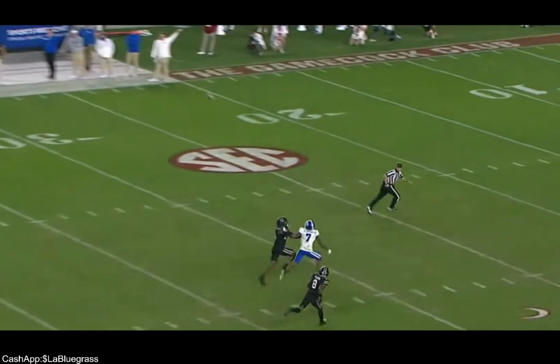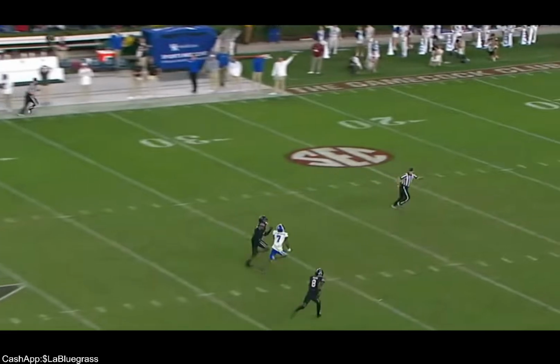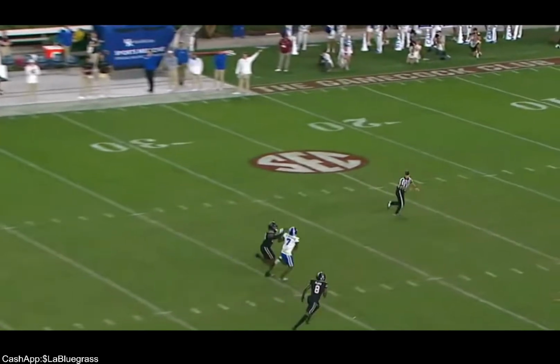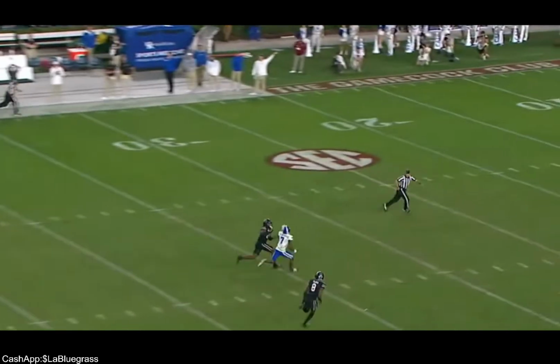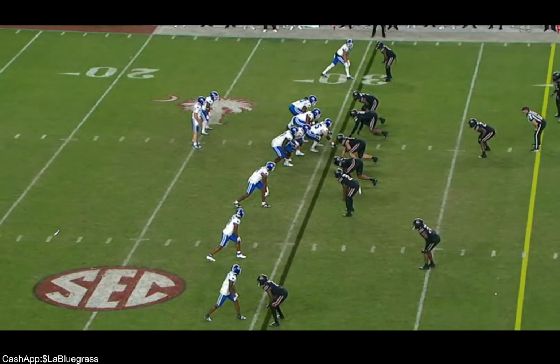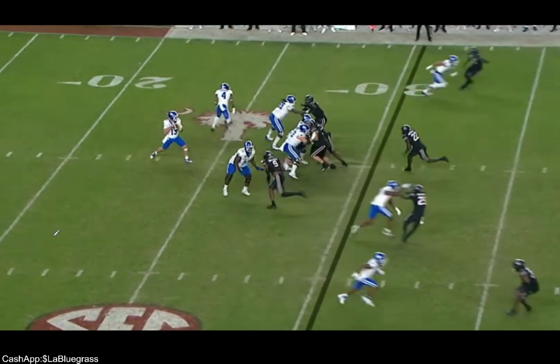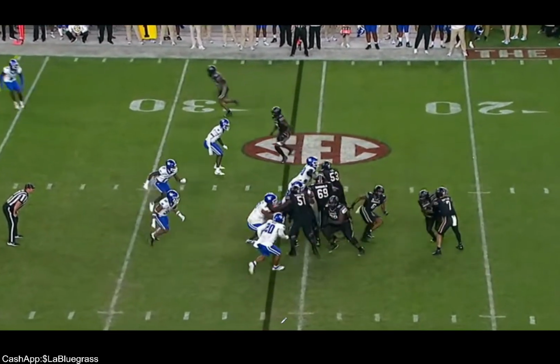Here's the thing, and I'm being picky. If you run and he touches you, they might throw the flag. But if you extend your arm, he extends his arm, they're not going to call it because you are initiating contact. Leave him alone. Have him impede your progress because he's not looking back at the ball. Yes, late deep balls, low percentage for sure. No doubt about it, with a guy that I don't think can track the ball. Miscommunication now.